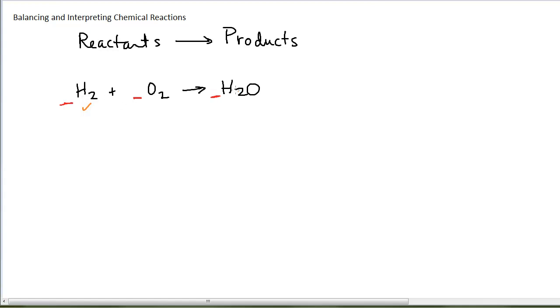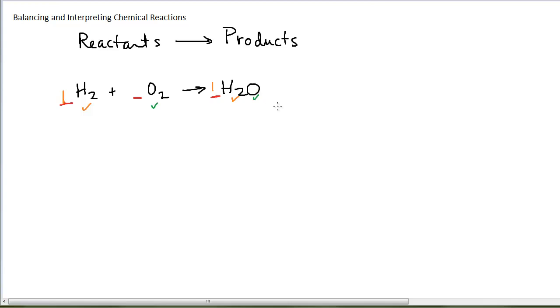There are 2 hydrogens on this side and 2 hydrogens on this side, and so my hydrogens are balanced. Sometimes it is that easy. That would be the same thing as saying there is 1 H2 and 1 H2O. Then I go on to my next element, which is oxygen. There are 2 oxygens on the left, but there's only 1 oxygen on the right as far as the formula